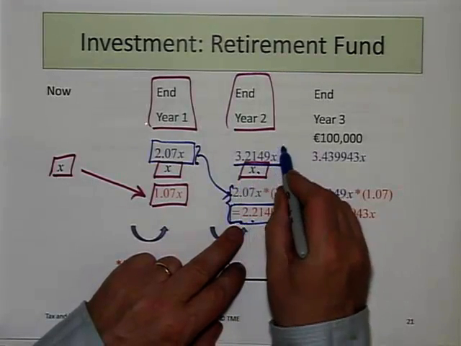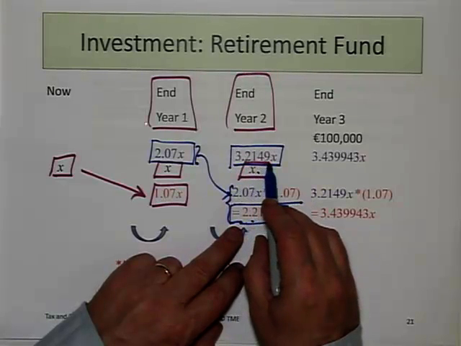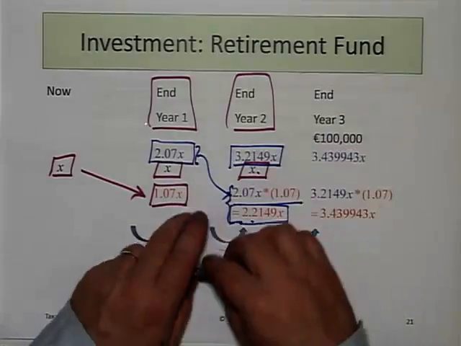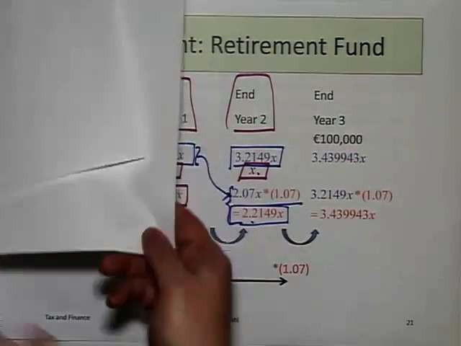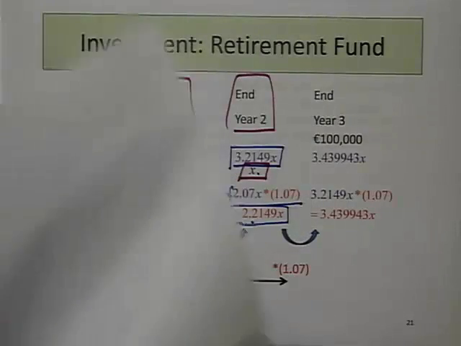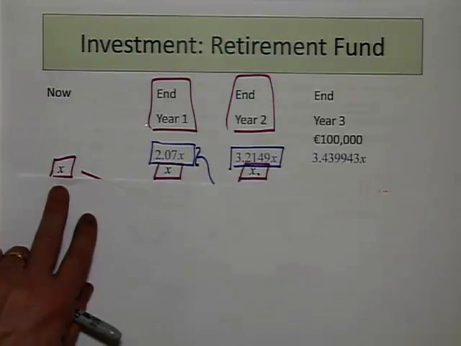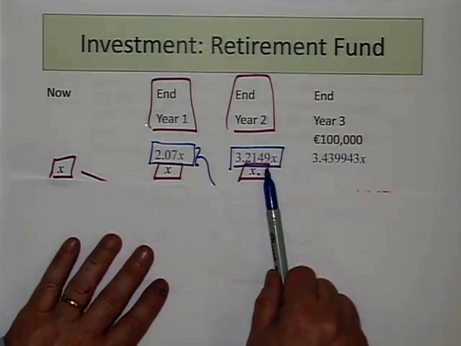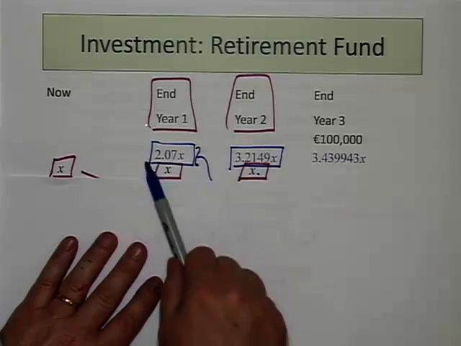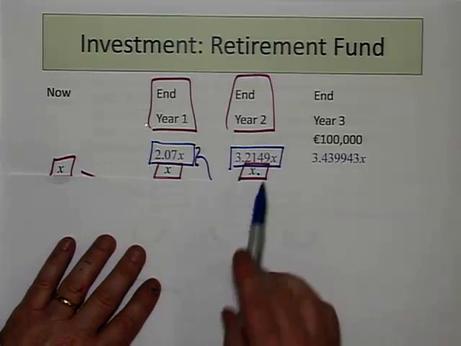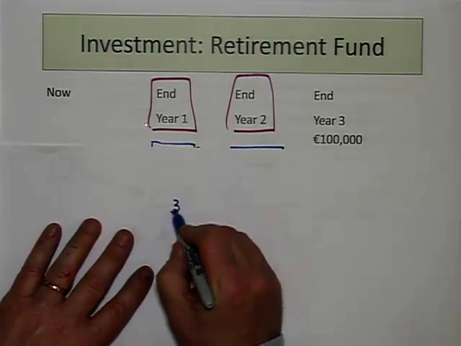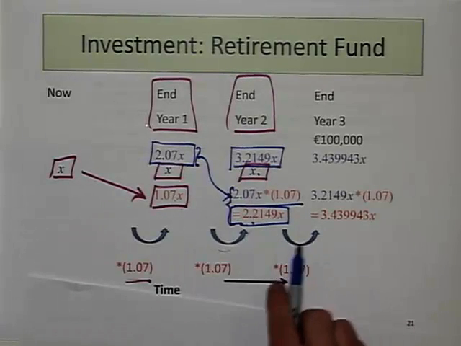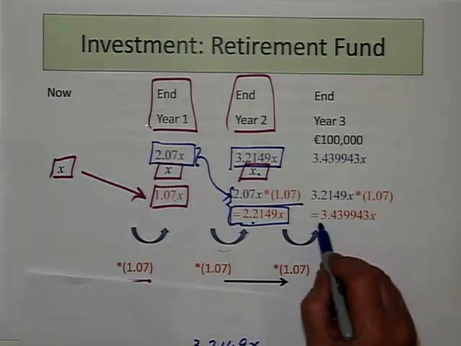So now she has a total of 3.2149X. It's not surprising that that's roughly 3. It's a bit more than 3. Because remember that she had 1X at the start of the first year, then 2, and then 3. And the reason it's not 3 but 3.2149X is because of all the interest she's picked up along the way. So she now has 3.2149X. For the final year, another 7%, and that becomes